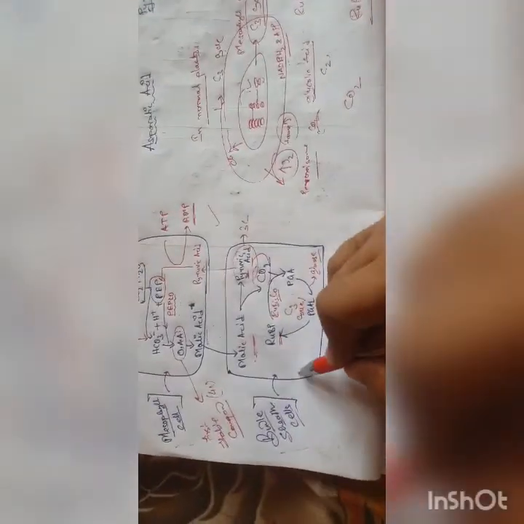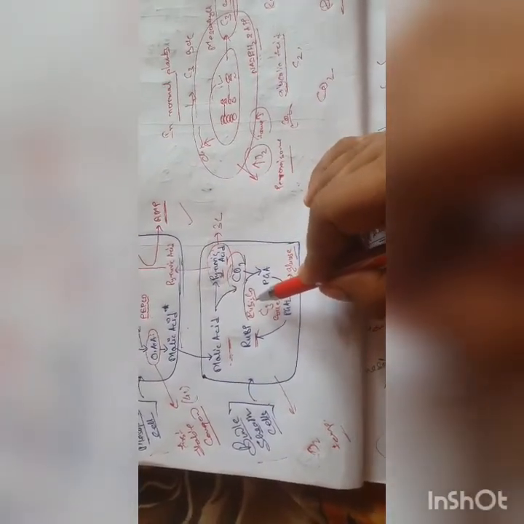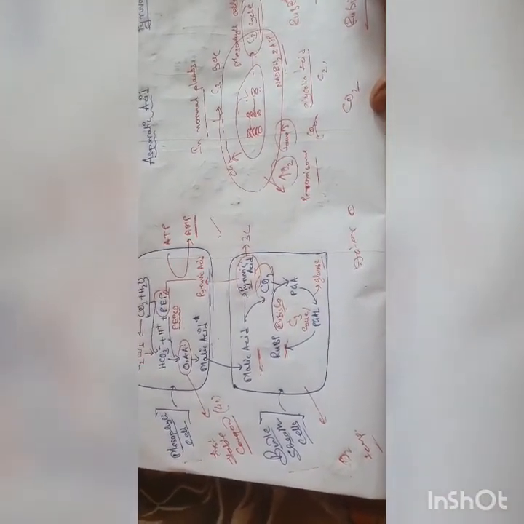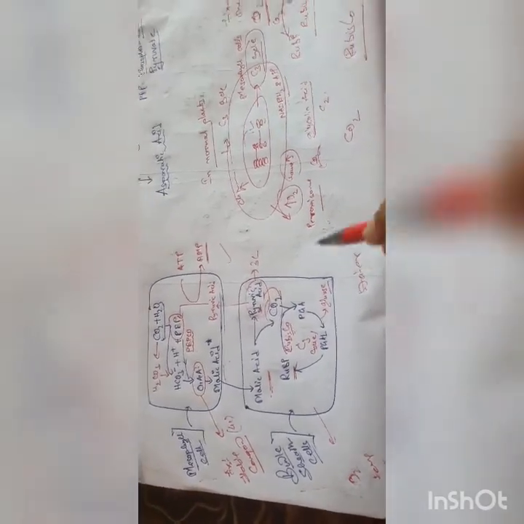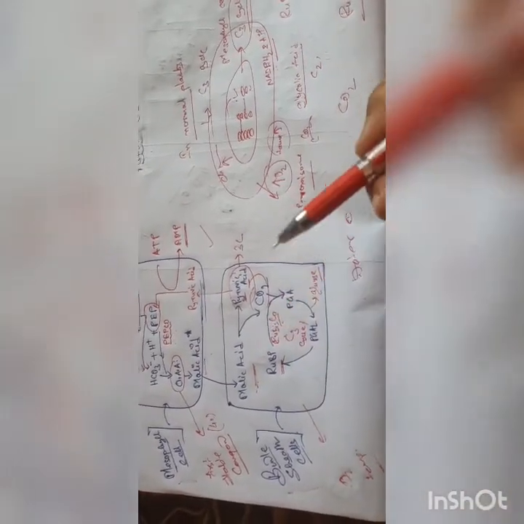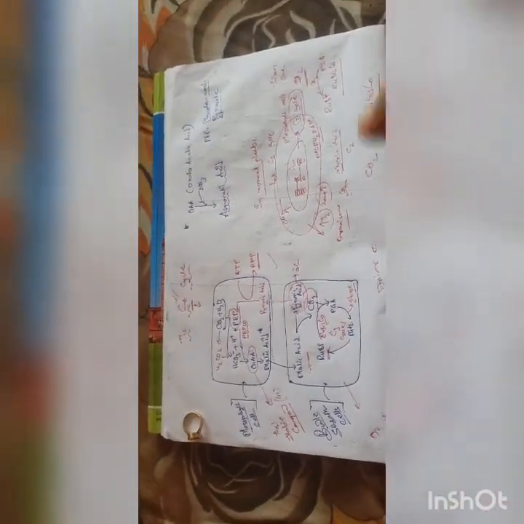And because the bundle sheath cells are deeply situated, they will not have any high O2 concentration, and the temperature will also be continuously lower, because the vascular bundles are carrying water, right? So the sheath cells will remain cooler, and hence the Rubisco will only act as carboxylase and not as oxygenase, and there is no chance of photorespiration or formation of any glycolic acid. Okay, the formation of glycolic acid would lead to photorespiration, and if it acted as oxygenase... but it will act as carboxylase, and only the C3 cycle will go on. So this is how they have managed, and this is the C4 cycle.